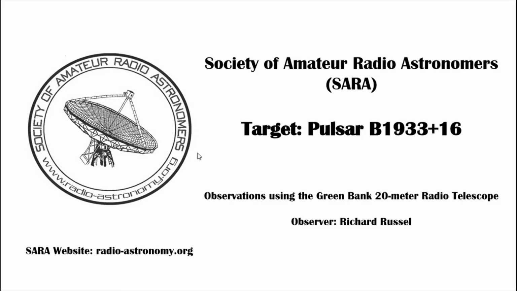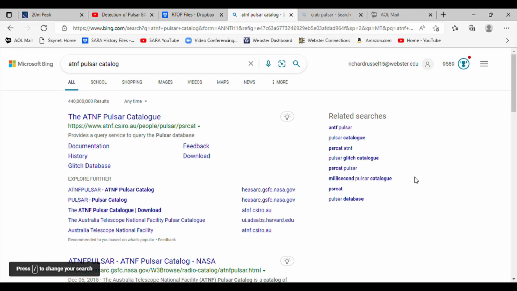Detection of Pulsar B1933+16 using the Green Bank 20-meter radio telescope. We start out by looking at the data for the Pulsar